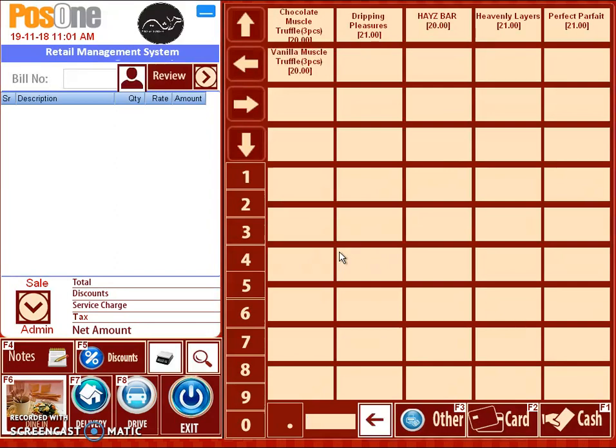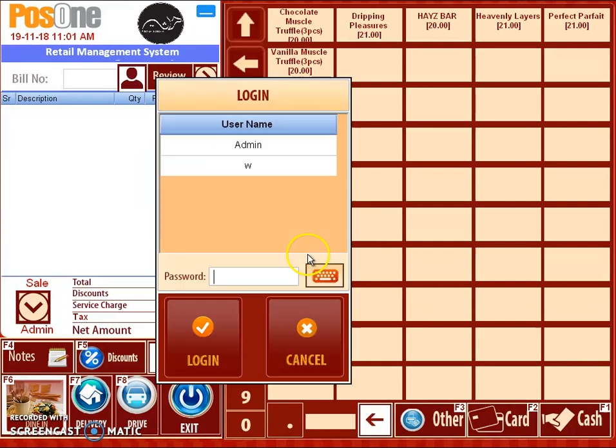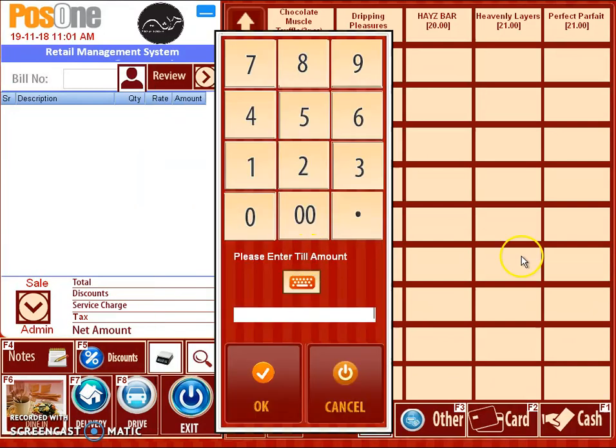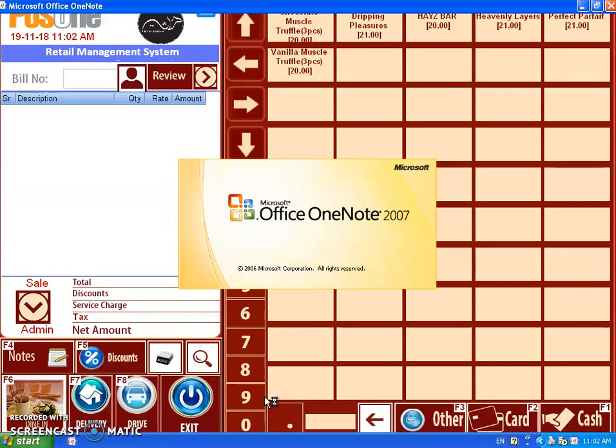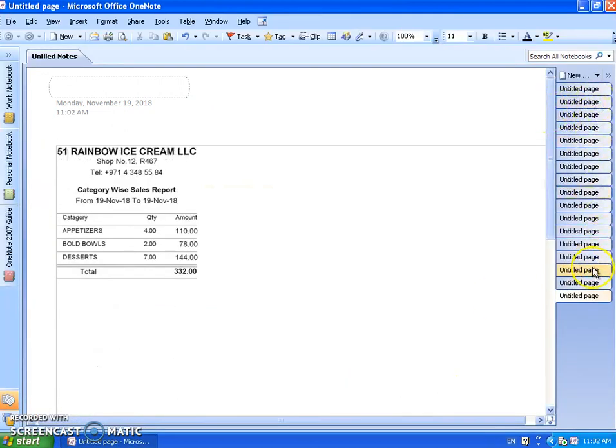Then the cashier has limited access to see what sales happen at the counter, and they will need to end the shift with the amount in the counter entered manually. So suppose I am wrongly entering 2000, a report will be generated showing all the